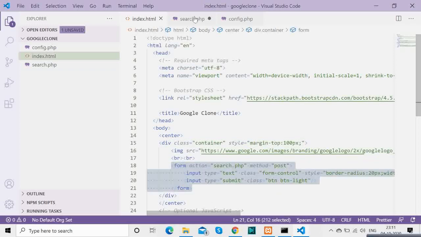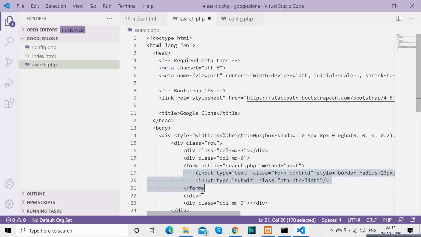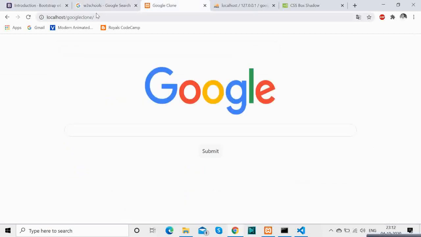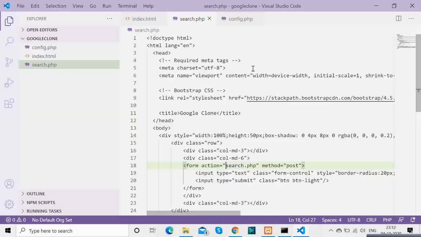You see, the submit button has come down, and we don't want that, so we will be aligning it. For that, we will have another grid inside that grid, a separate grid for that form.